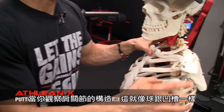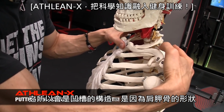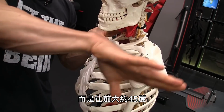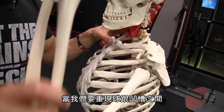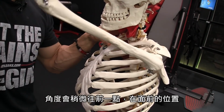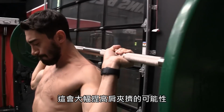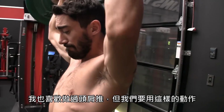If we look at the ball and socket joint, that is the shoulder, the socket is actually created by the scapula, the shoulder blade itself. And you can see that the socket doesn't face directly out towards you. It actually faces forward at about 45 degrees. So if we wanted to mirror the natural range of motion of the ball and socket, we would let the socket and the ball move here in this plane angled slightly forward in front of the body, not all the way over here. So behind the neck pressing is fighting your own anatomy, causing a higher likelihood of impingement here at the shoulder. So I'm in favor of pressing overhead, but we just got to do it like this instead,